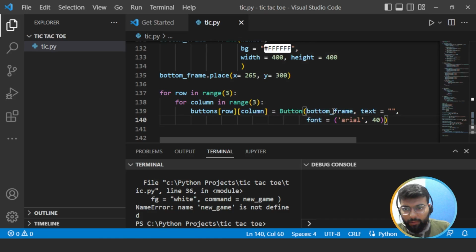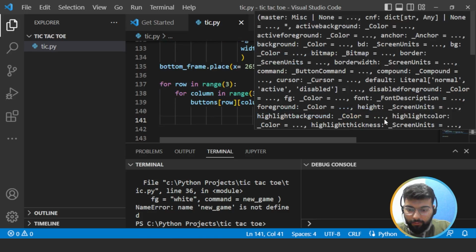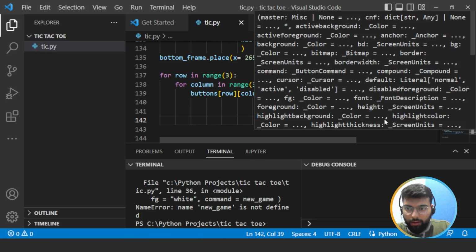Now we'll set the width and height. We'll set the width of one button equal to 5 and height equal to 1,